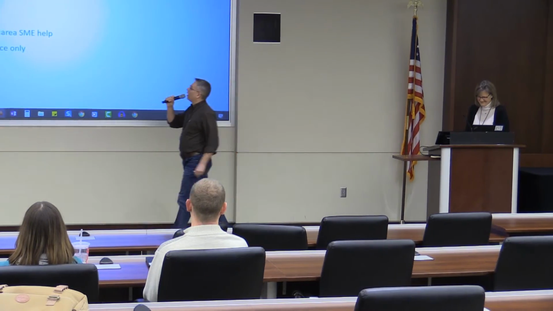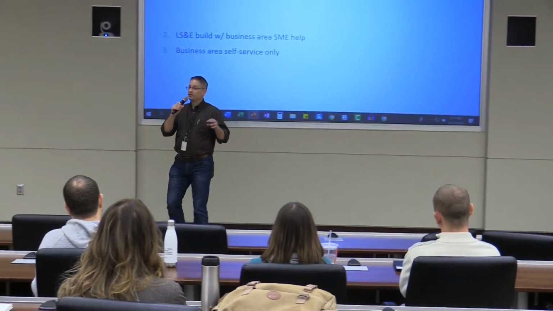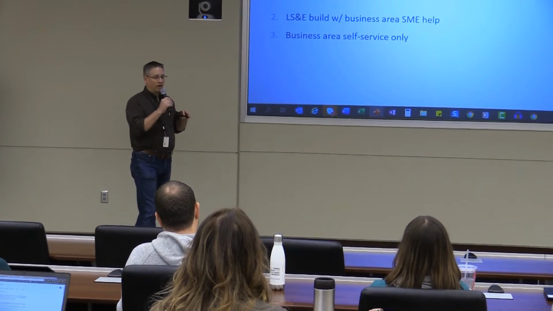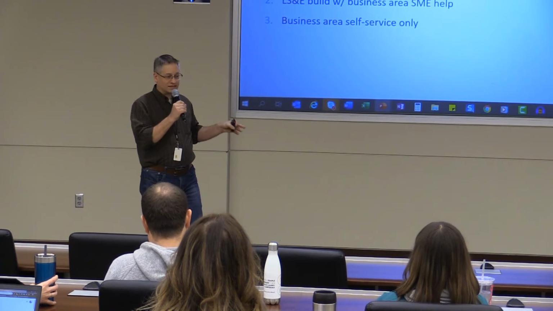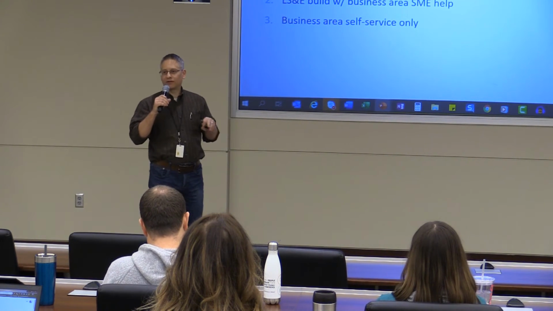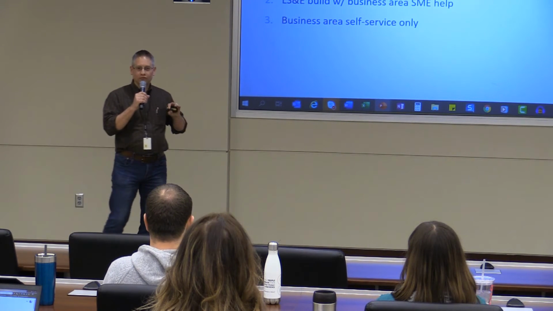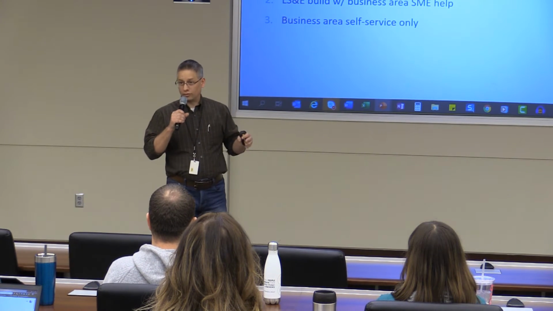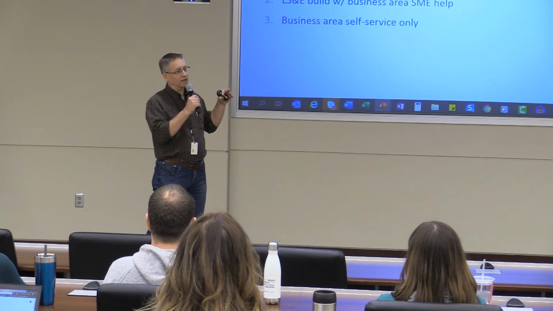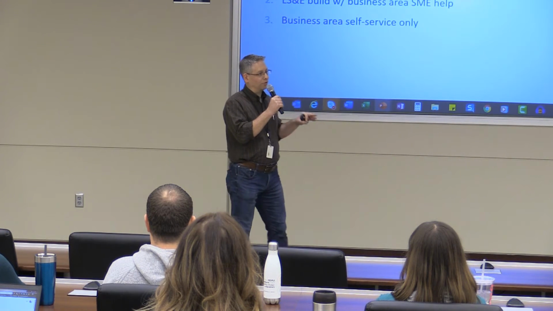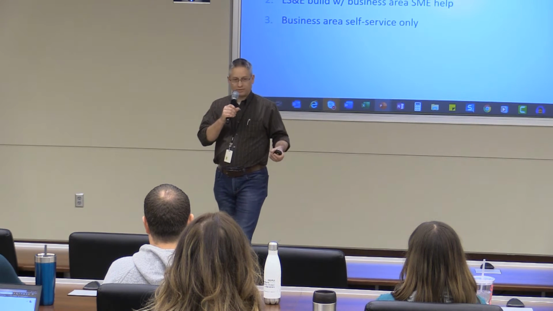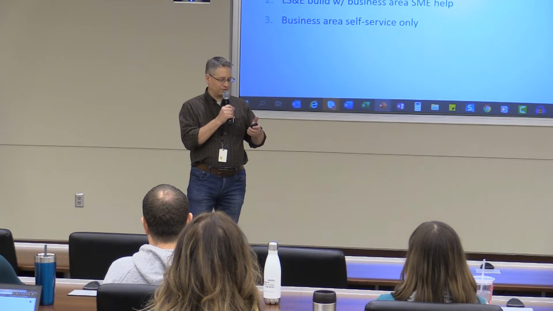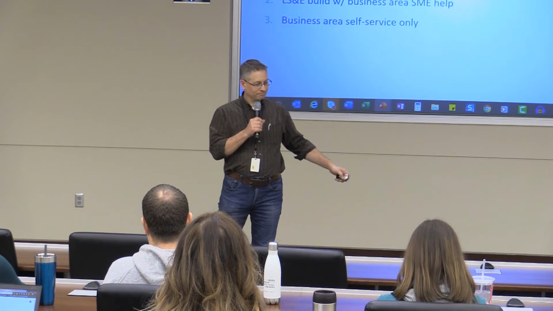All right, now, what is the sweet spot for the DLG? This can be positioned in a variety of ways, but the one that we're recommending far and away is the first one, where an area, when needed, would provide self-service with assistance and guidance from learning strategy and execution. This wouldn't be a tool that we just release into the wild and say, good luck, go nuts. And then they create who knows what. As long as we have a hand in guiding what they're building, how they're building it, using good adult learning principles, then we can end up with the great results that Life Underwriting came up with. There are a few other options, but we're not going to position those right off the bat.